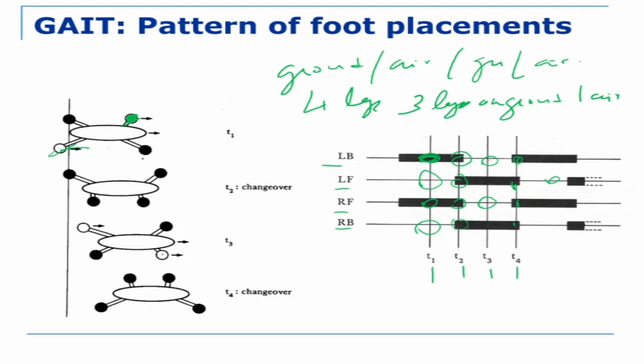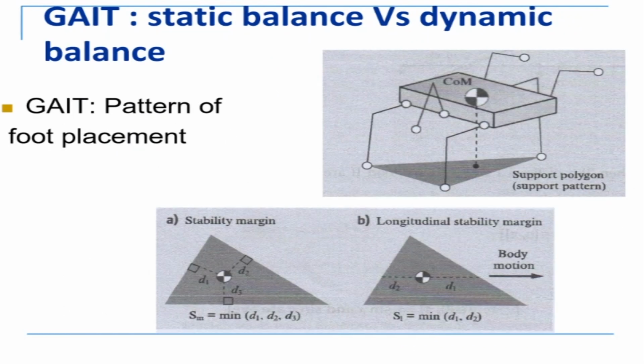So in that gait diagram, what is going to happen? Left back, left front, right front and right back. It can be three legs are on the ground, one leg is in air. Then all four are on the ground, one leg is in air again. So you can have different kinds of gaits for a four-legged system. For a six-legged system, there is even higher variety, where you can get a different kind of gait.